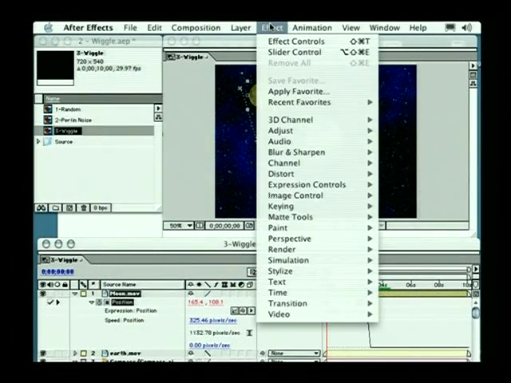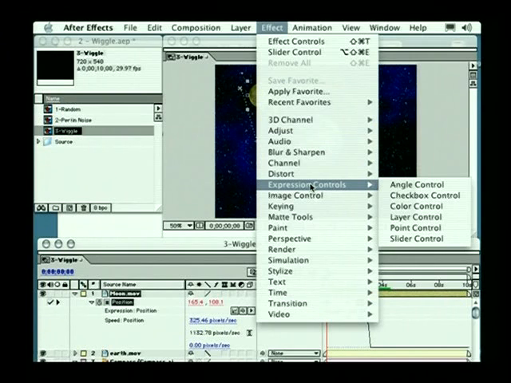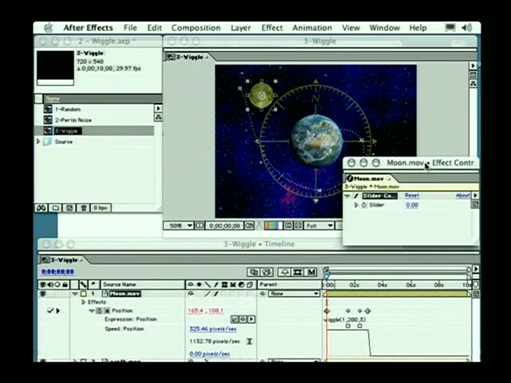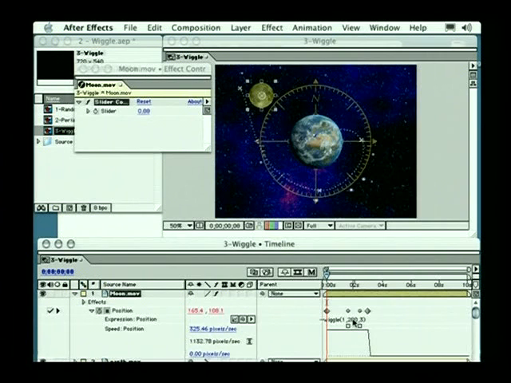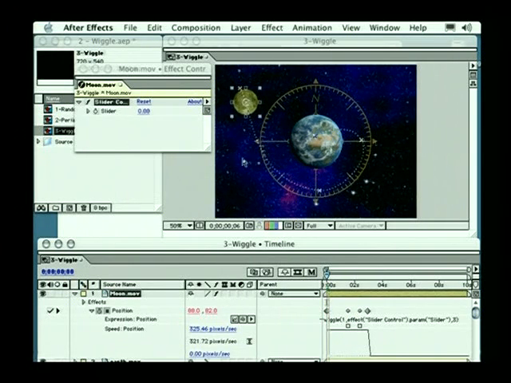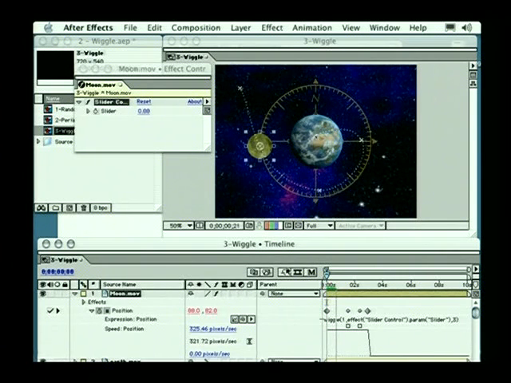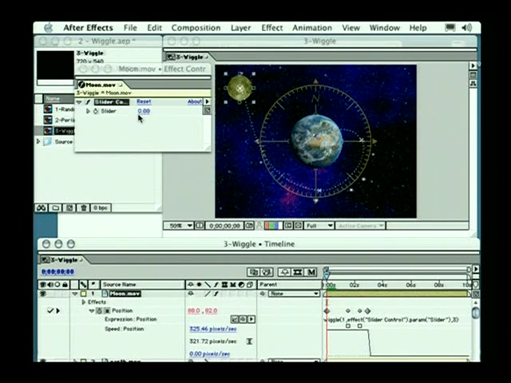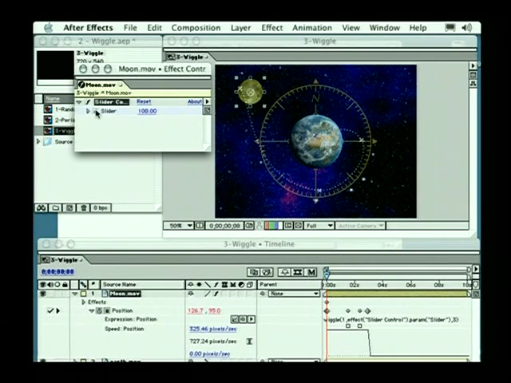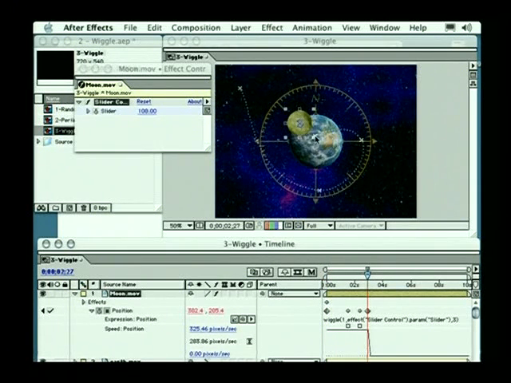Let's apply a quick expression control effect to our wiggle parameter here. We're going to add a slider control, and I'm going to select the wiggle amount down here in the timeline. That's 200 right now. With that selected, I'm going to pick whip up to our slider. Now when I hit enter, we're going to have 0 wiggle because our slider is currently set to 0. But if at the beginning of our animation I crank up this slider value to about 100 and set a keyframe for our slider control at 100, and then jump out to where our moon ends up on the last keyframe and animate the slider back down to 0,